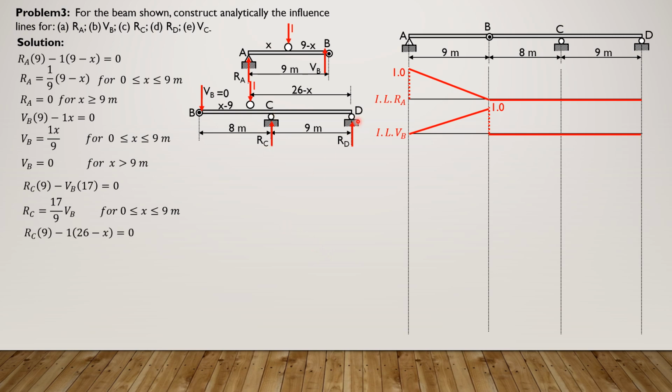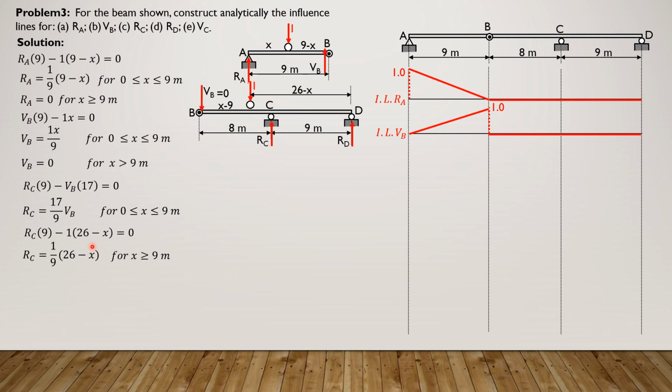So we have RC times 9, then minus 1 times quantity 26 minus x equals 0. Take note that V sub B is no longer involved because it is 0 when the unit load enters from B to D, as manifested in this influence line here. So R sub C is 1 over 9 of quantity 26 minus x for x greater than or equal to 9